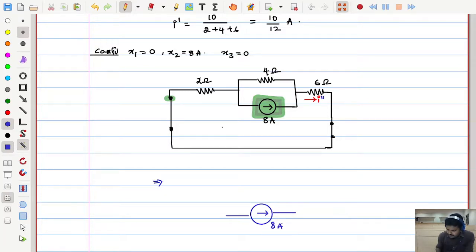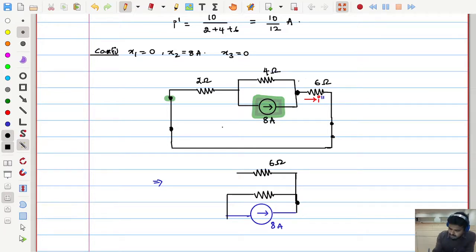8 amperes. Next, let us look at 2 and 6. These are connected in the downward side. I want to put this into the upward side like this. First let me put the 4 ohms as it is. 4 ohms is just across this current source. Next, from this junction point, we have one more resistor. What is it? 6 ohms. Can I connect that 6 ohms in this way?